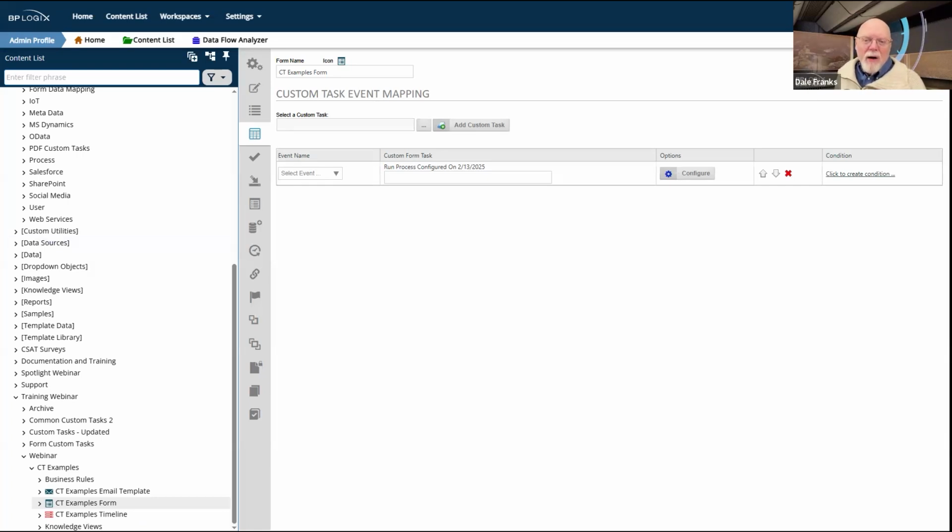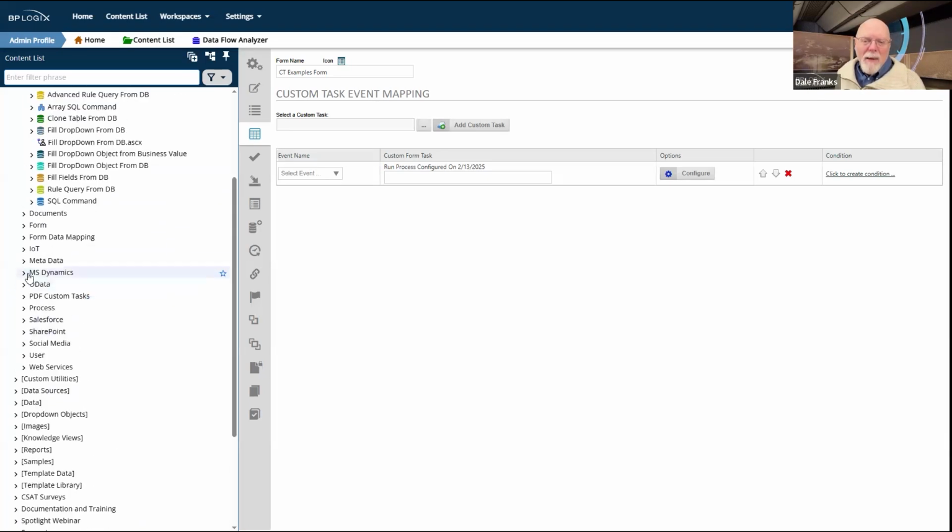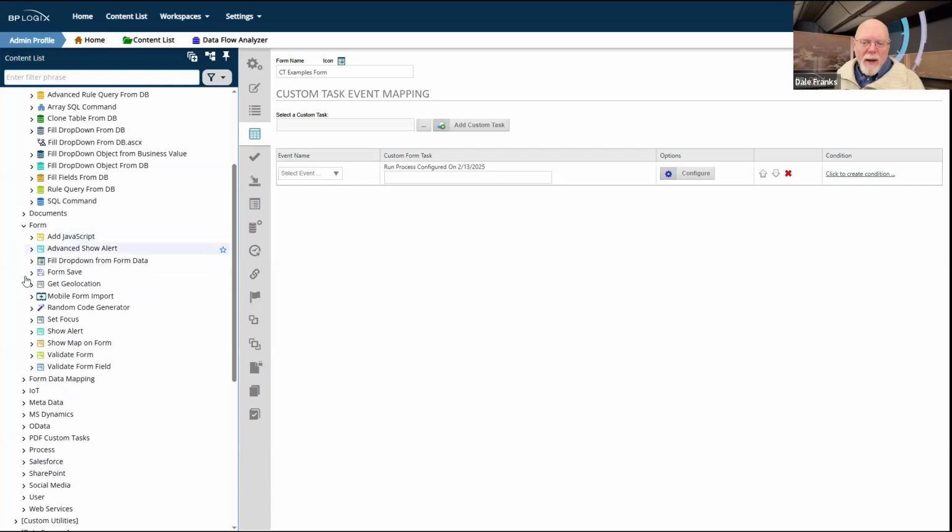In fact, they're all either in form data mapping or in form, like running JavaScript, or some of the alert boxes that, depending on how much time we have after we talk about the technical aspects of using CTs, we'll take a look at. I've got those teed up to take a look at later. Obviously, the validation stuff.